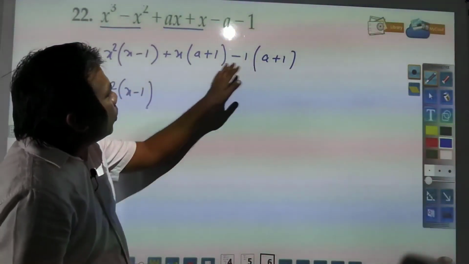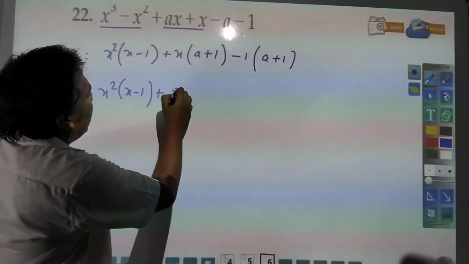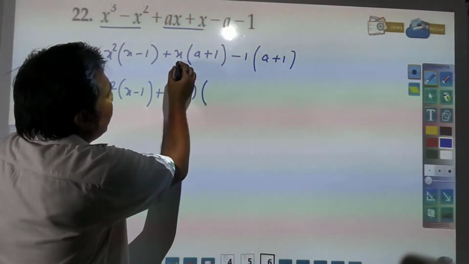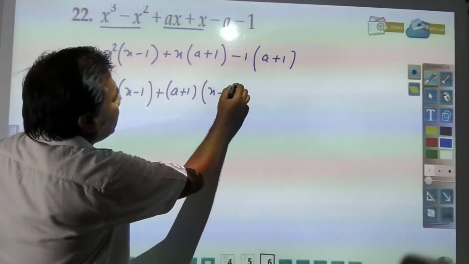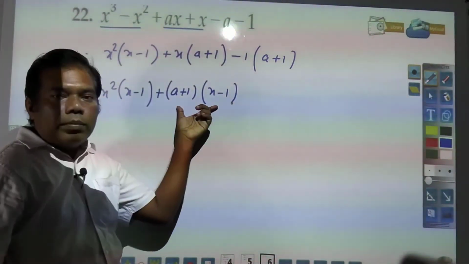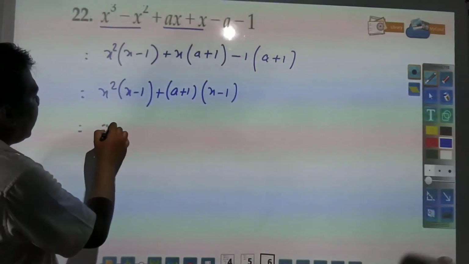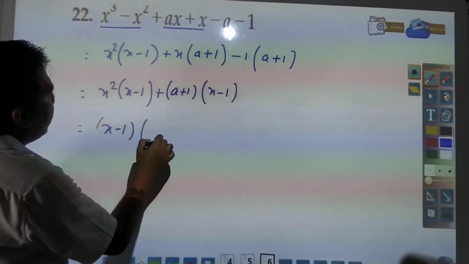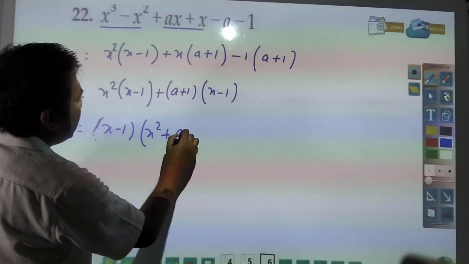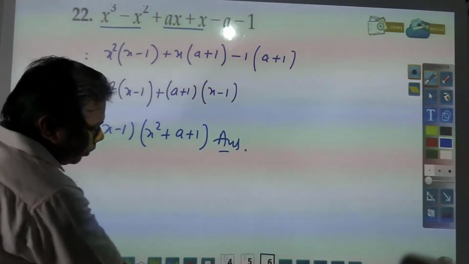Here in these both terms we have common a plus 1. So we can take out a plus 1 and we will be left with x minus 1. Now again two terms you have, this is one term, this is the other term, a plus 1 into x minus 1. So x minus 1 can be taken out common and we will be left with x square plus a plus 1, and this will be your answer. Next we will see,